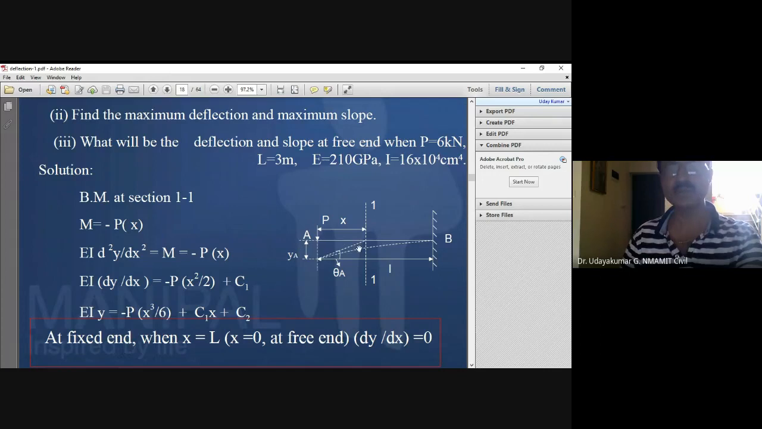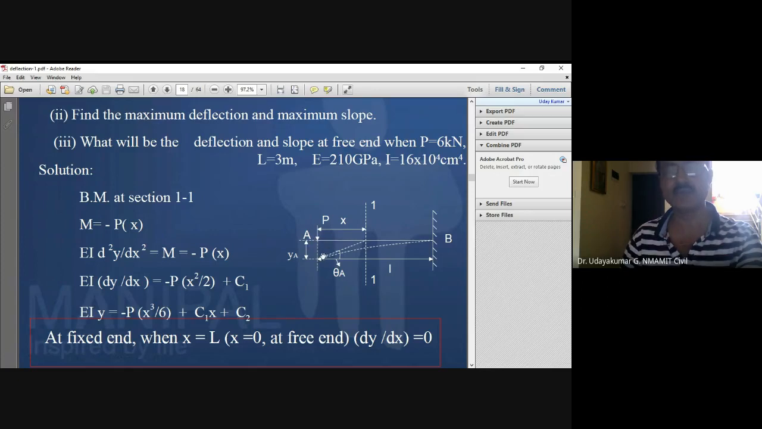So bending moment at any section, here you have to start from the free end. So that is what I told you. The fixed end is taken at right end, and free end is here. So x is measured positive from here to here. You have to take this section x and take the bending moment at this. So EI d squared y by dx square is equal to bending moment at x, which is equal to P